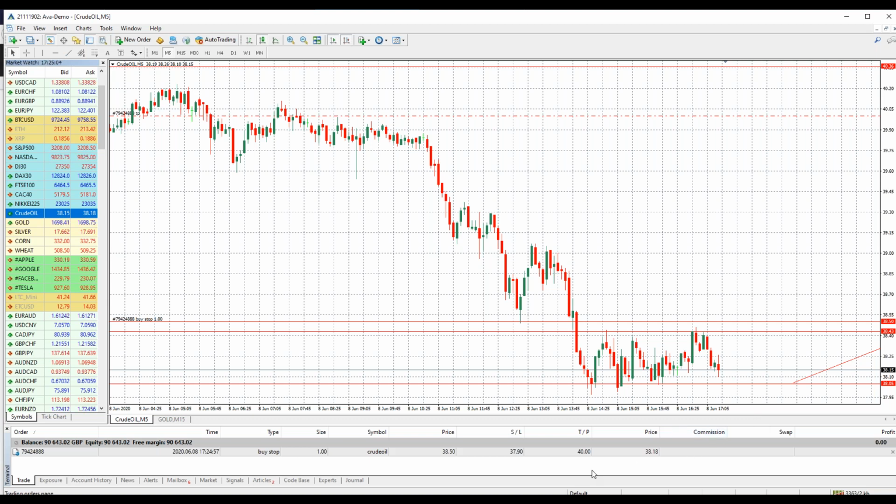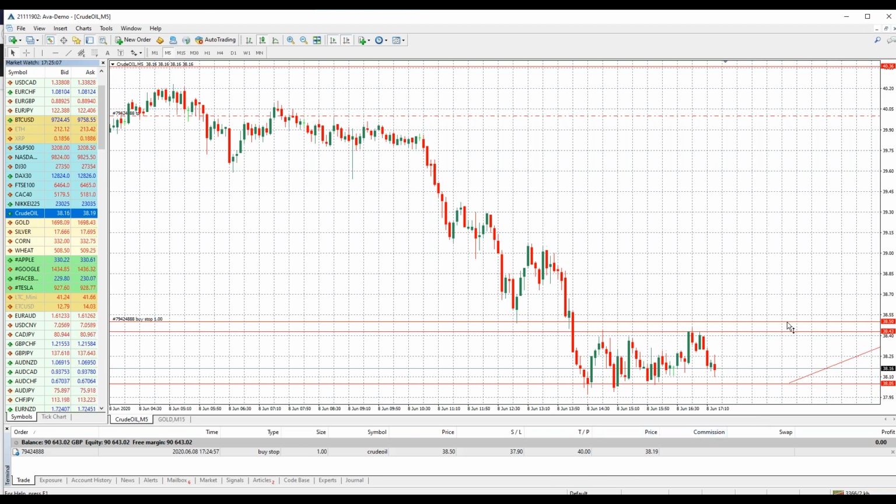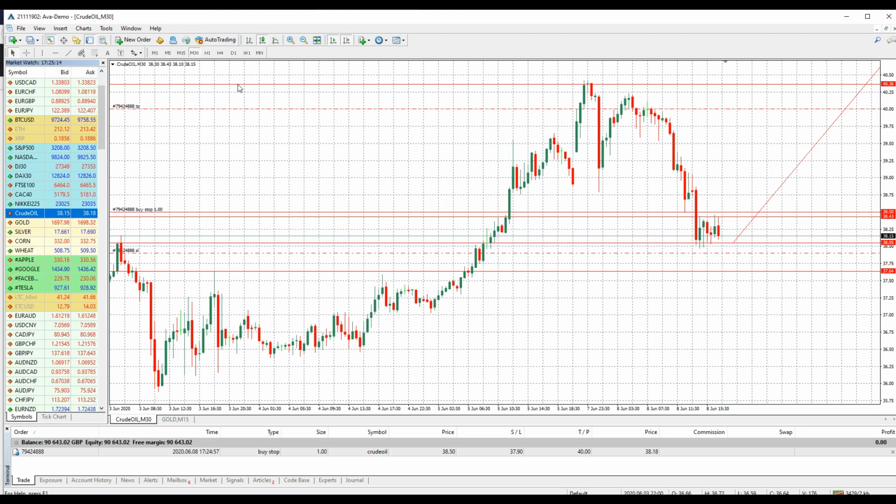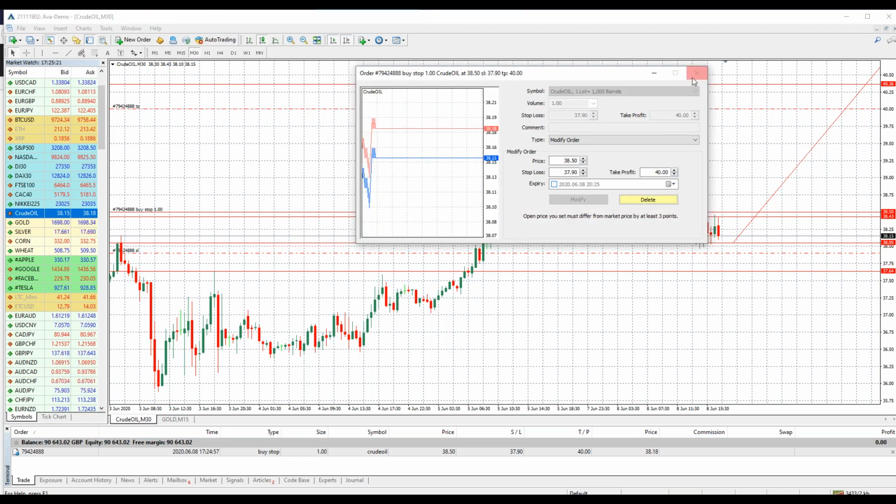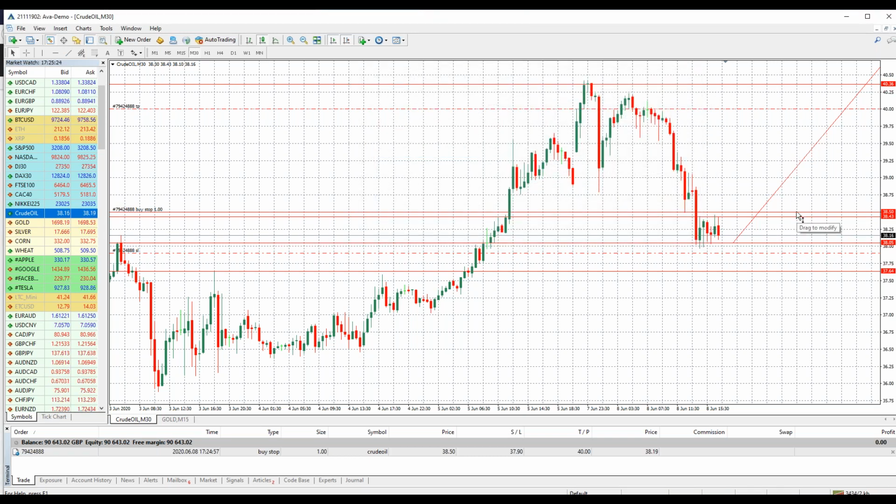So now I've got my buy stop prepared on crude oil, and if I get rid of some of these lines that I drew, you'll see my entry points. So let me go back to 30-minute candles. There's my stop loss down here. My entry point is just below this line I drew. Okay, good. That is my entry point. That red line, it's the same color as the lines I've been drawing. So I can get rid of this line if I wanted, but that's my resistance point. That's my entry point, the second red line. And so my entry starts here. And then my take profit is before this resistance up here. And so it's about a 3 or 4 to 1 potential profit